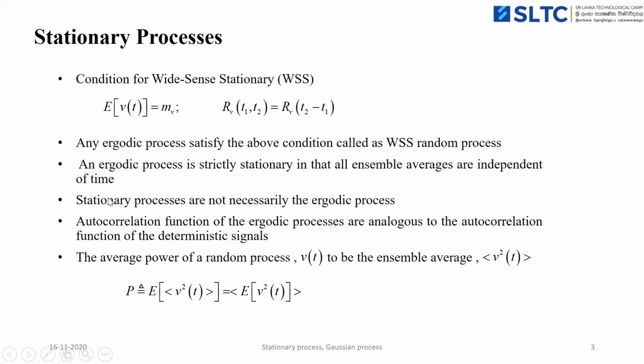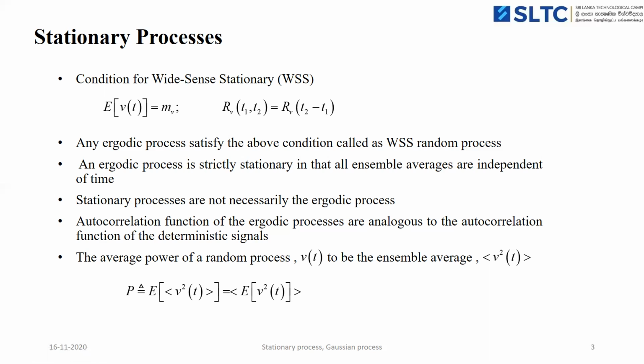And we can note down that all stationary processes are not necessarily ergodic processes. Some of the stationary processes are not ergodic. Here you can observe that the autocorrelation function of the ergodic process is analogous to the autocorrelation function of deterministic signals. This is a very important thing. So for an ergodic random process, the autocorrelation function is analogous to that of the deterministic signal. Then the average power of the random process v of t will be equal to the ensemble average of